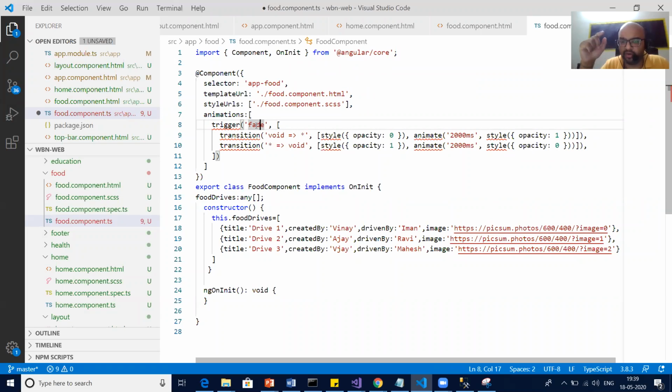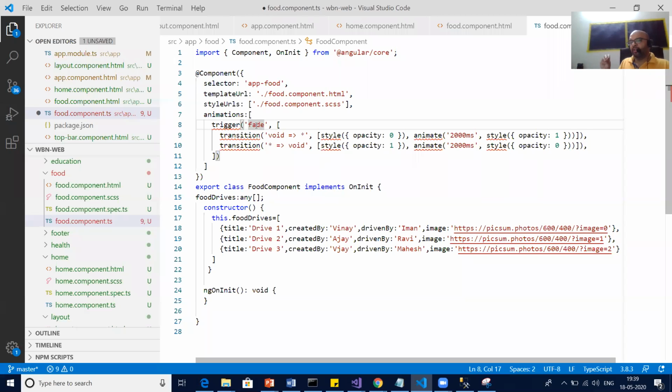And in that, I am giving a transition. Transition means anything that happens. Let's say I am giving knowledge to you, that is one transition happening. Whenever anything is happening, you can put animation, like opacity.